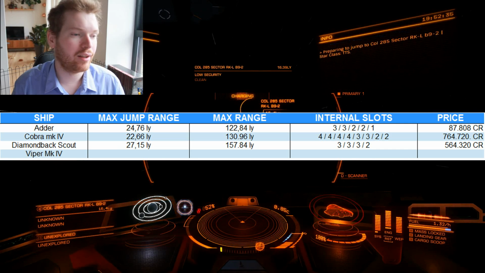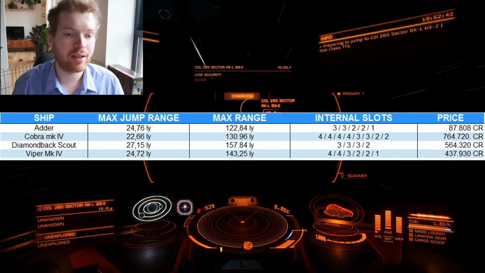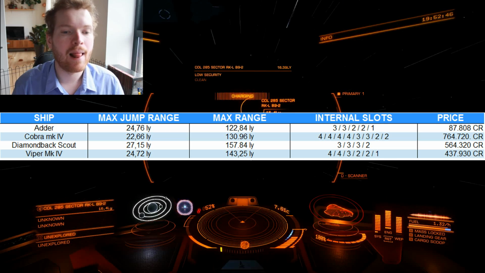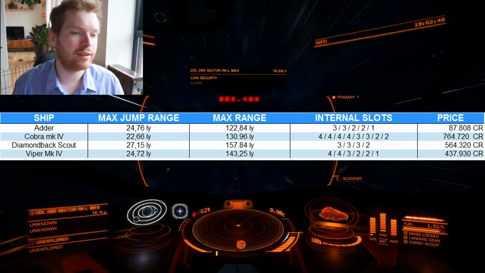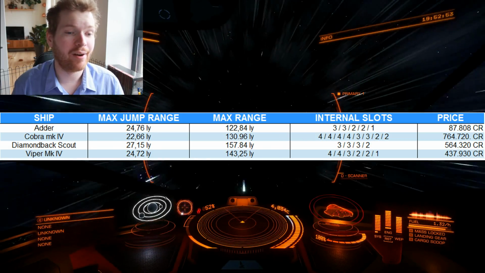Final ship is the Viper Mark IV. Similar jump range as to the Adder, a little bit better maximum range, and the internal layout here is again decent, with 2 extra slots after the 4 mandatory slots have been fitted, and price is almost the same as the Scout. So if we're comparing this to the Scout as an exploration ship, you